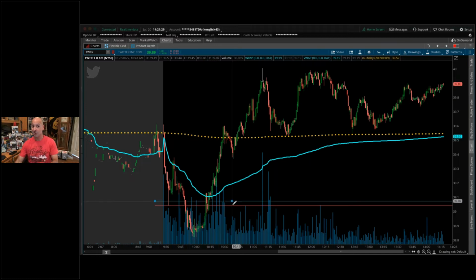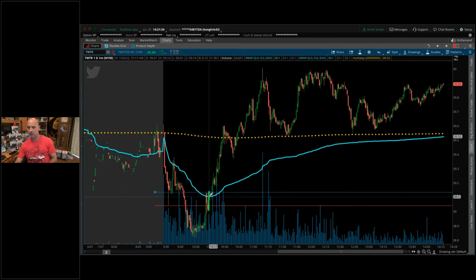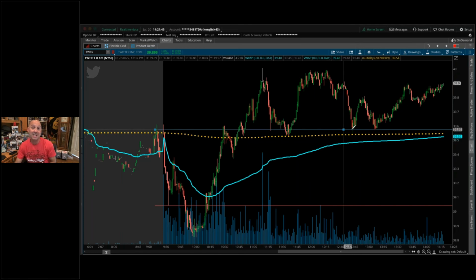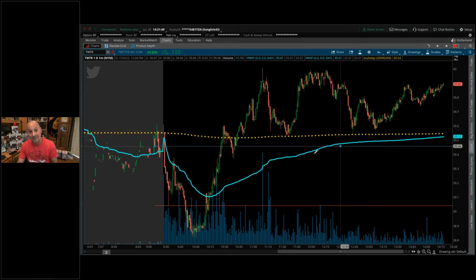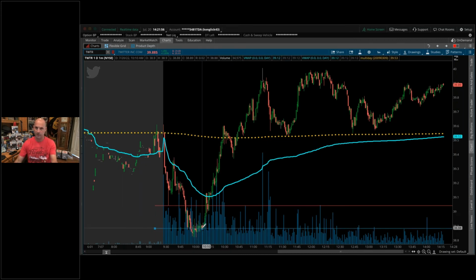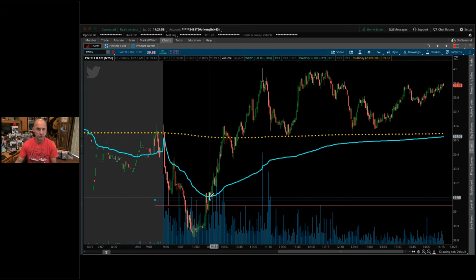But what you start to notice is, once we got to the blue, you had a little struggle, but then you got to the orange. But now, look what VWAP's telling you. It's telling you this stock wants to go higher because look how it's tagged the orange line, tagged the orange line, tagged the orange line. That's confirming strength. So if you were in Twitter today, and again, it was a short first, then VWAP's telling you this is where the shorts are going to cover,